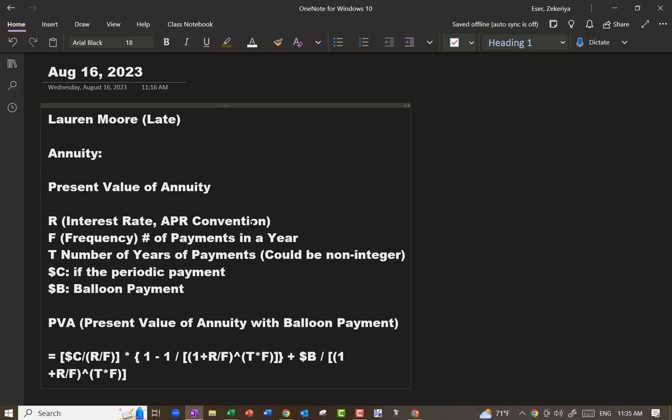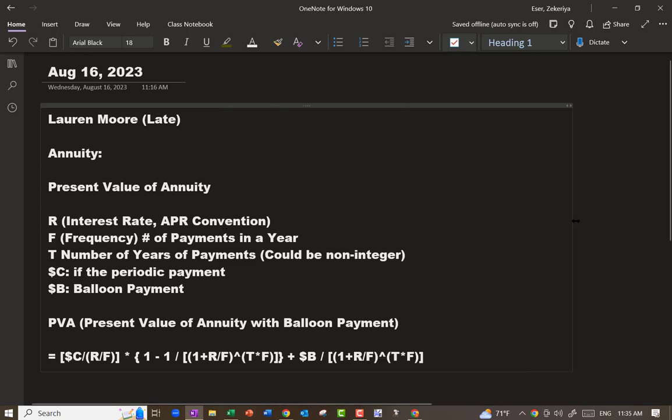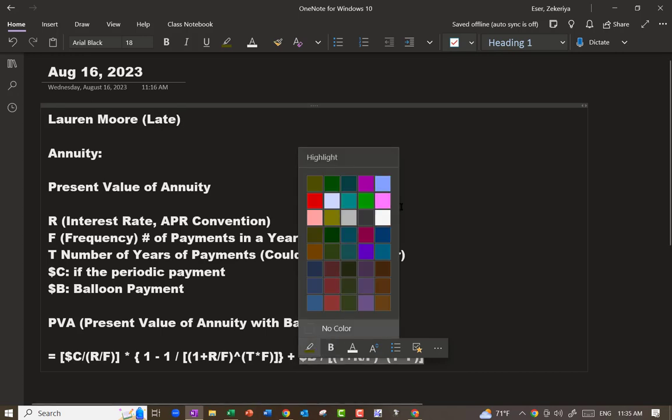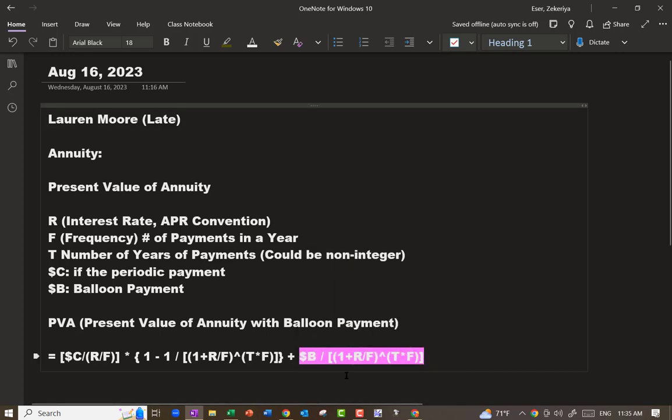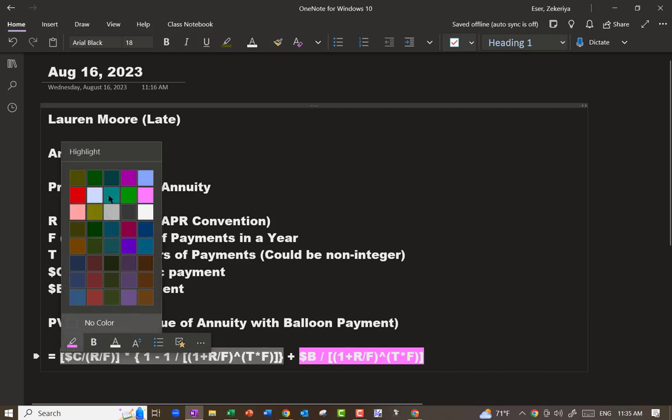So let me highlight this with a different color. The pink part is the present value of the balloon payment. And the turquoise part, or you may call it teal,